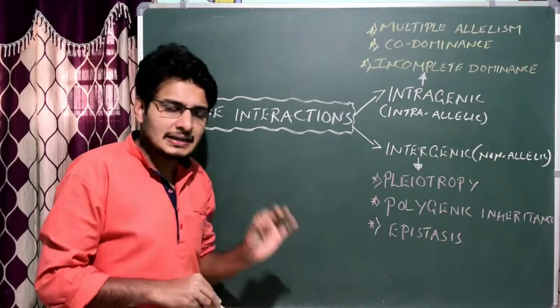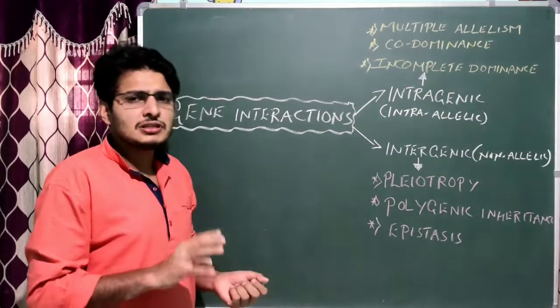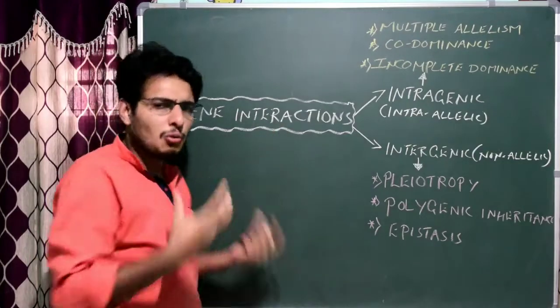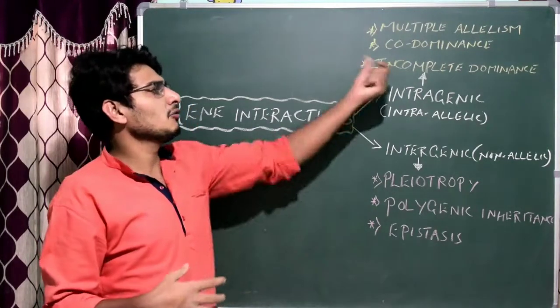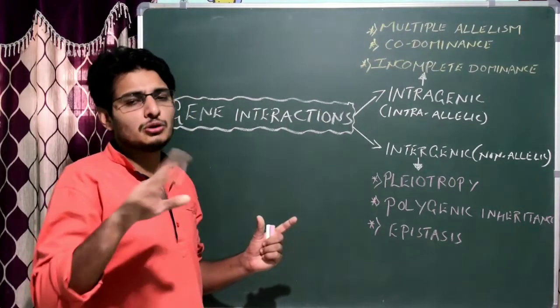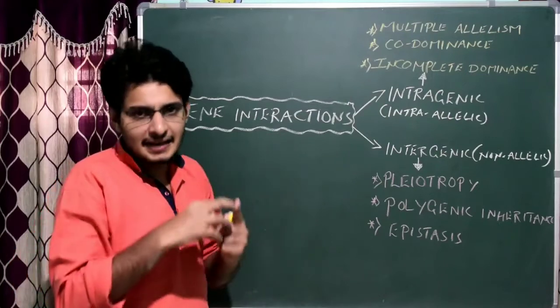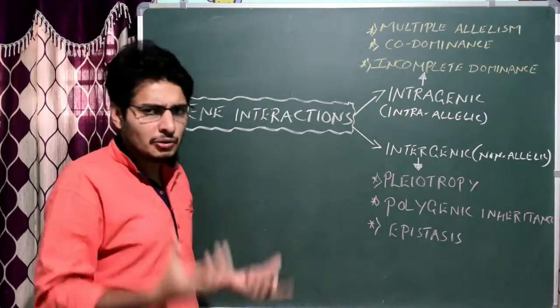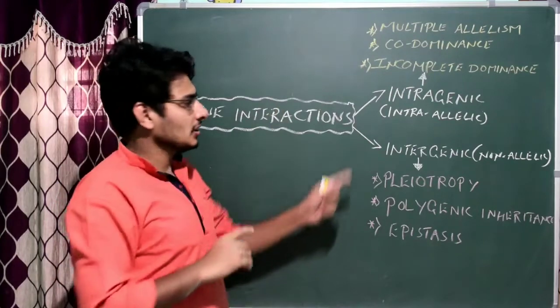Please understand it carefully. In the previous session, I forgot to inform you of the types of gene interaction. We know what gene interaction is. We have learned one example of incomplete dominance, how two different alleles of the same gene interacted and produced the intermediate of the parental type. We know it. There are two types particularly.